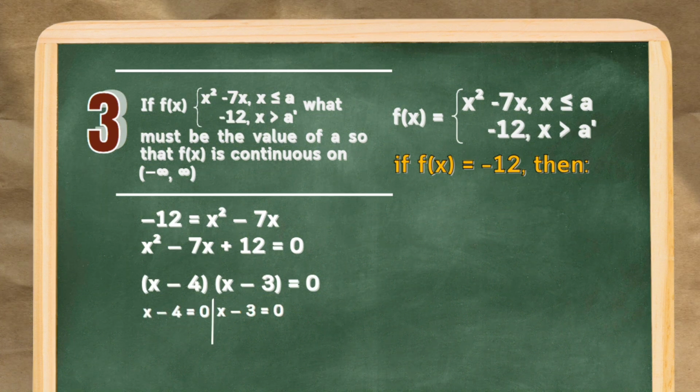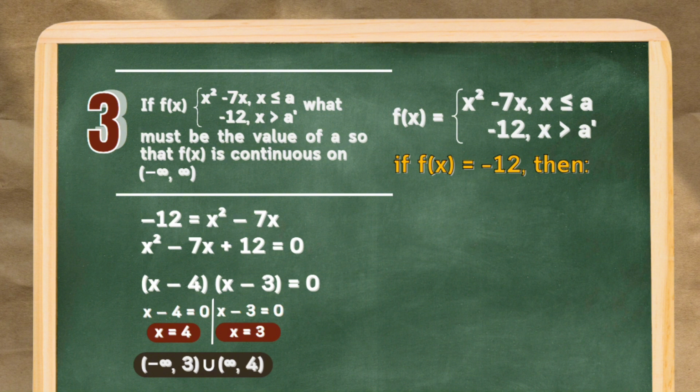So, x minus 4 is equal to 0. Moving the negative 4 to the right, it becomes positive 4. So, x is equal to 4. The same with x minus 3 is equal to 0. Moving it to the other side, it becomes positive 3. So, x is equal to 3. Since we have two values of x, we can now conclude that negative infinity 3 union infinity 4, which is